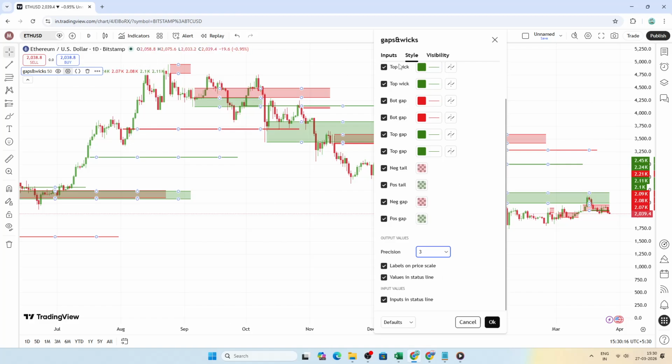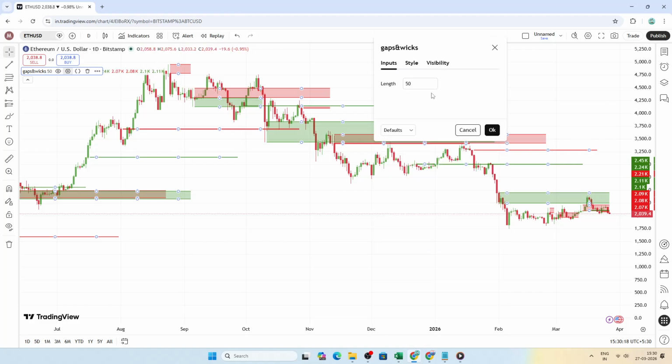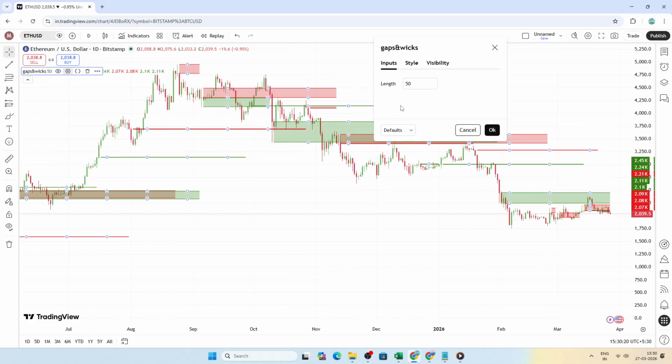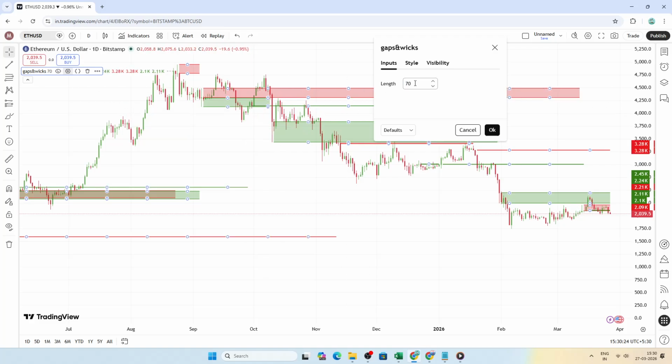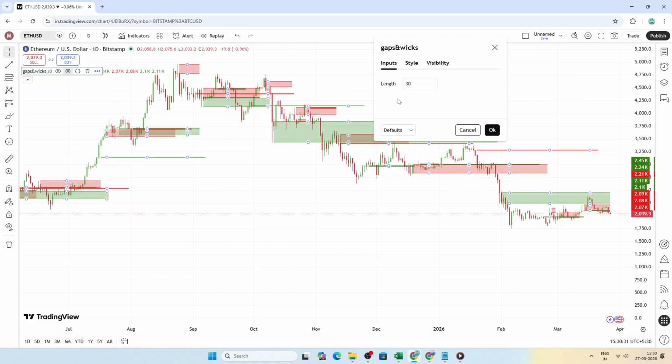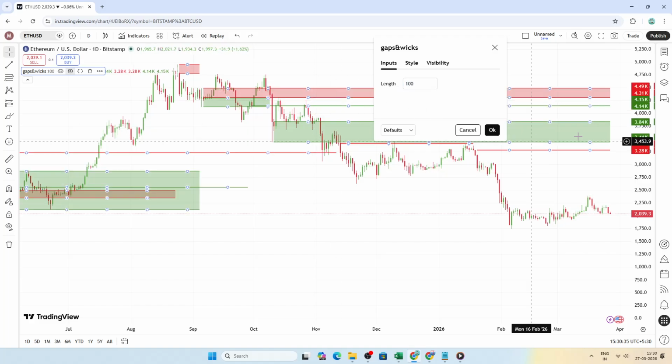Switch to the Inputs tab to tweak the length parameter. It's set to 50 by default. Increasing the length can smooth the behavior and focus on more established gaps, while lowering it makes the indicator more sensitive and may surface recent gaps sooner. If your script includes minimum deviation here, use it as mentioned earlier to filter small gaps that aren't important to